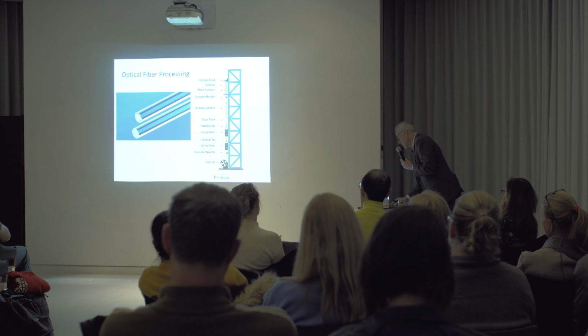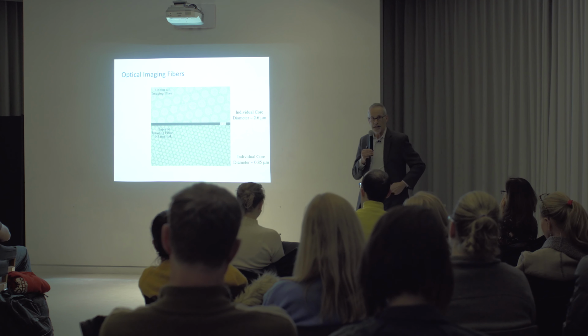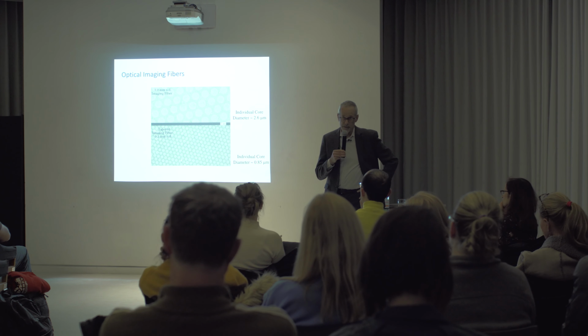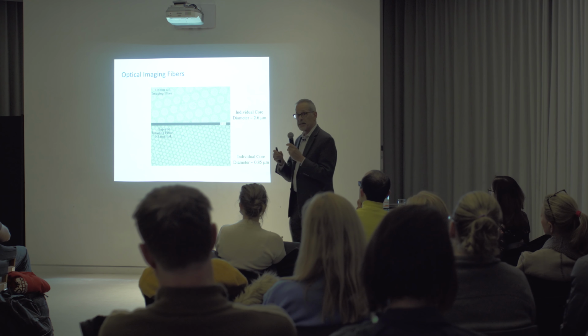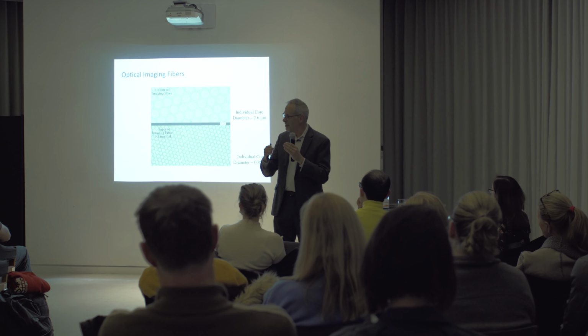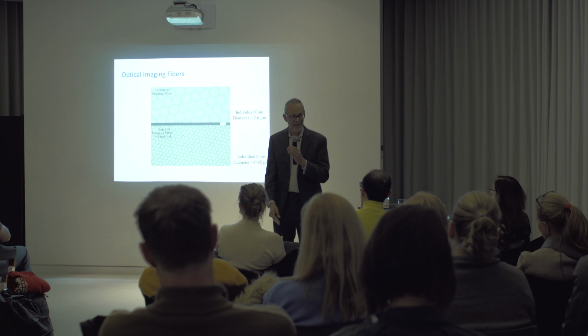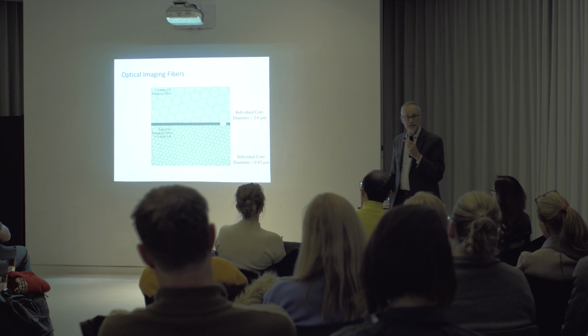How do we get back to eyes? Well, here is something called an optical imaging fiber. This is a fiber that has been drawn. It has a core and a clad. And what they do is, after that first draw, they chop it up and pack them and then draw it again. And then they chop that up and draw it again, such that you end up with an array of optical fibers that now